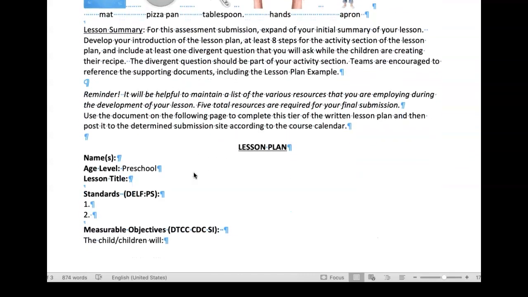The next component is your lesson plan summary. For this assessment submission, you're going to expand on your initial summary of the lesson plan, develop your introduction, and include at least 8 steps in that activity section of the lesson. Include at least one divergent question that you're going to ask the children. And remember that divergent questions should be part of this activity section, but can also be included in your introduction